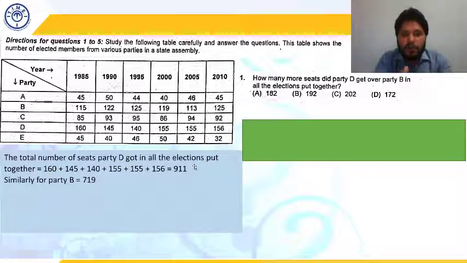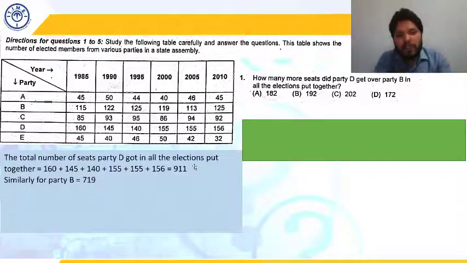Simply assume all of them to be 120. Why 120? Because all of them are close to 120. Some are more than 120, some are slightly less than 120. So we have assumed everyone to be 120. If everyone had been 120, then 120 plus 120 plus 120, 6 times we would have added. So 120 into 6 would have become 720, because 12 times 6 is 72. So 120 into 6 is going to be 720.